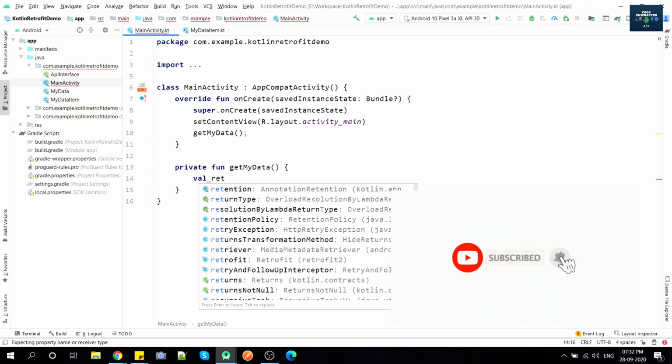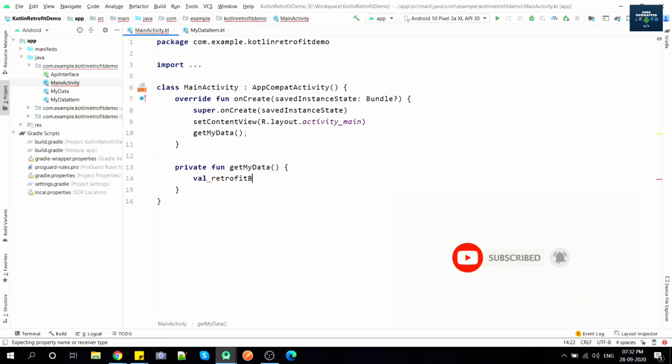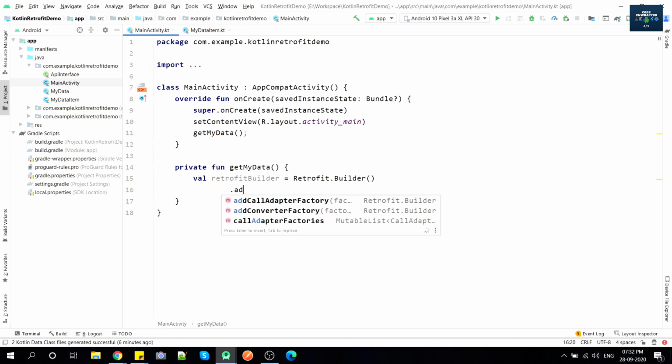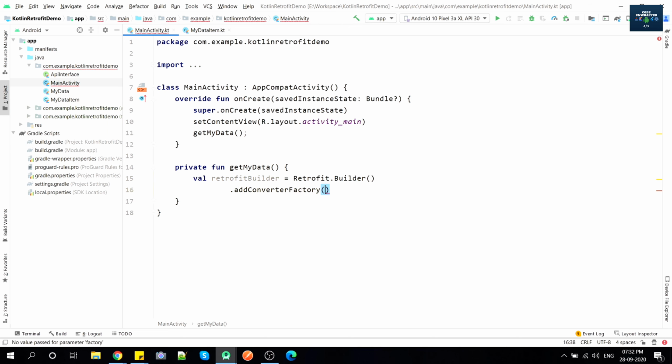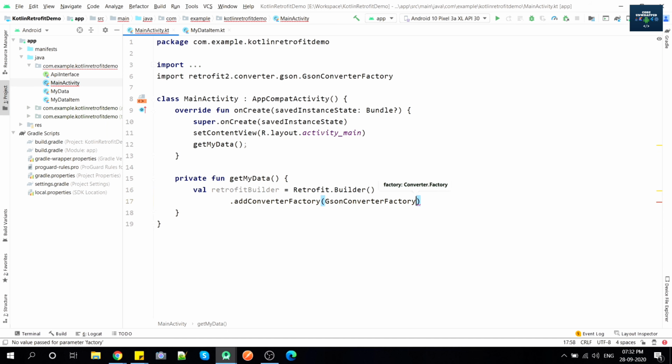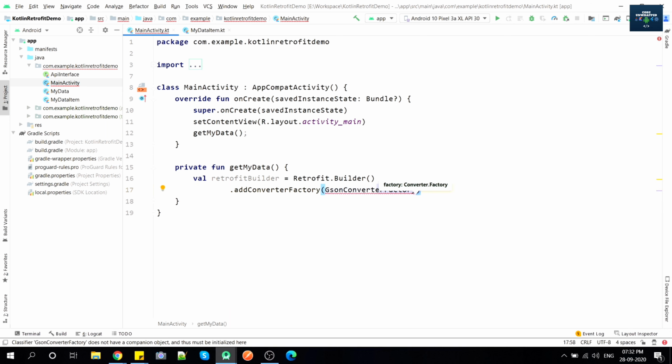I am making one variable as retrofit builder, which will have the Retrofit dot Builder object. Now we need to add the converter factory in this, and we can add JSON converter factory, which we have added the dependency for. JSON converter factory dot create.